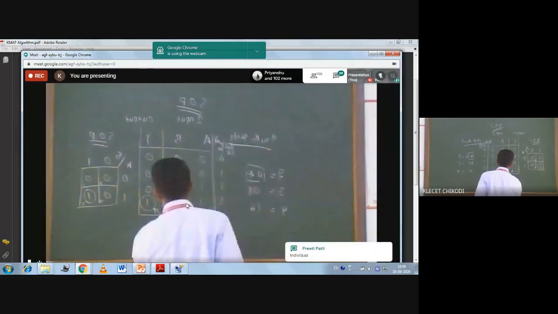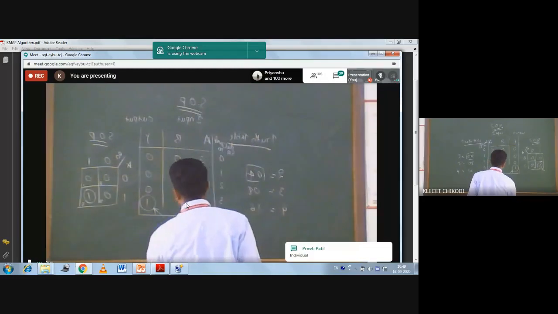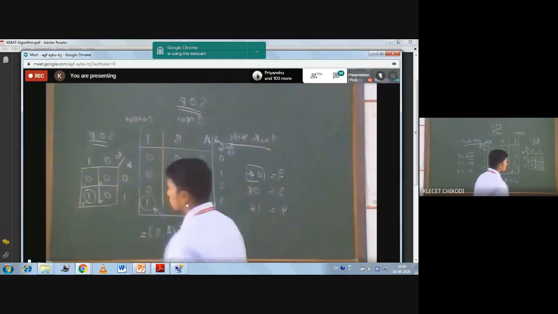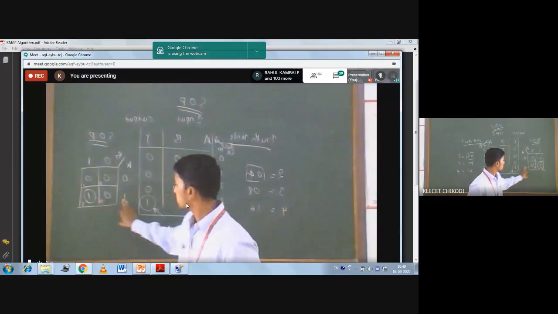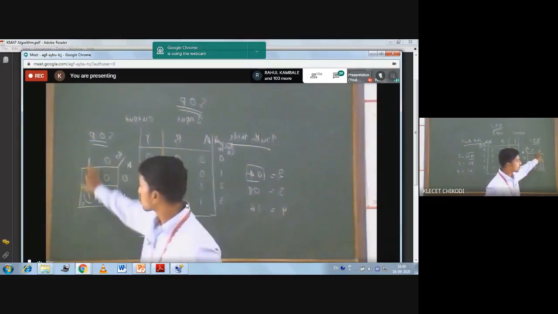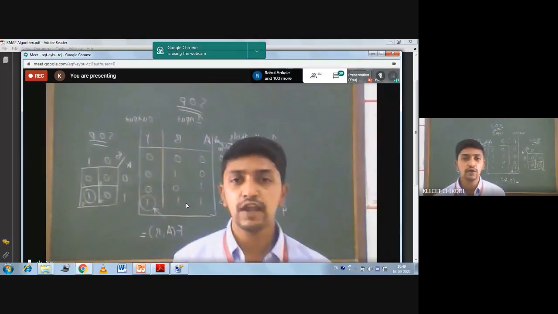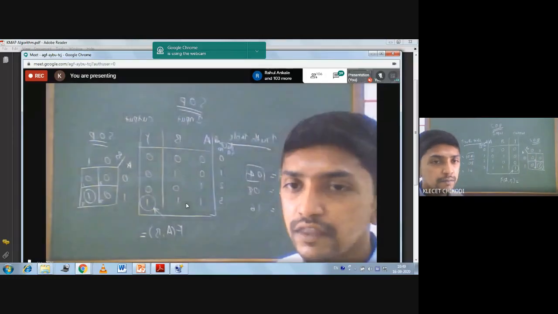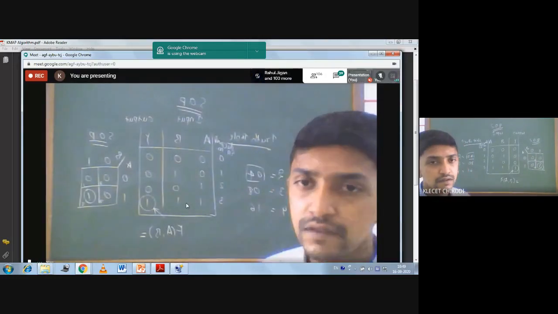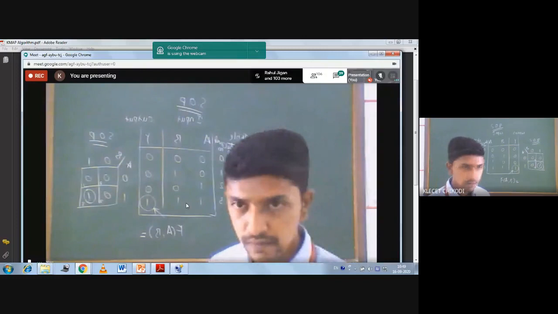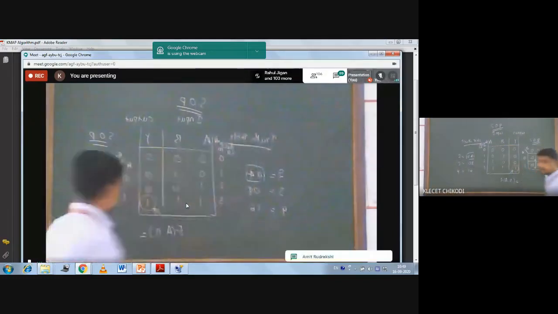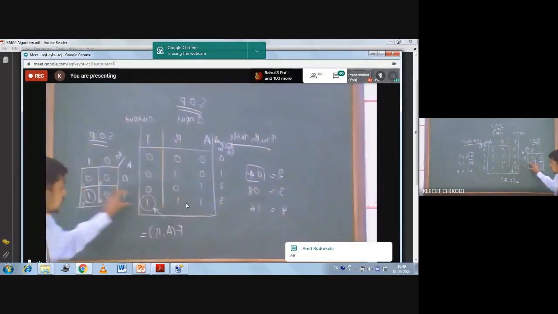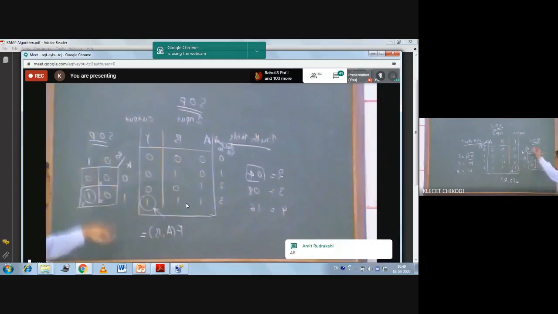Now can anybody tell me function of AB? For the corresponding cell, look for the row wise and column wise. Then what is the value we will get? The minimized SOP term. For the corresponding third cell, what is the row term and what is the column term? If you want, you can write it here.